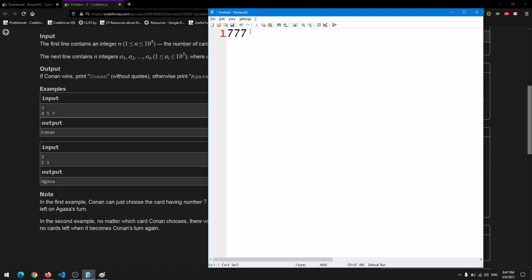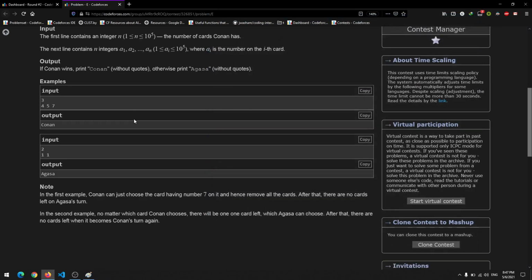Now we have Agasa's turn, and he or she can choose this one. Then Conan chooses this, and then Agasa chooses this, and Agasa wins. So you get the logic. Whenever there are even counts of equal numbers, Conan does not get to finish last, and therefore he loses. So that's the basic idea.